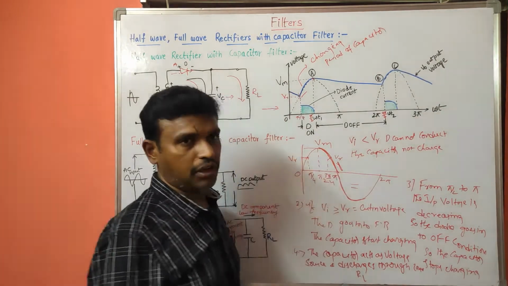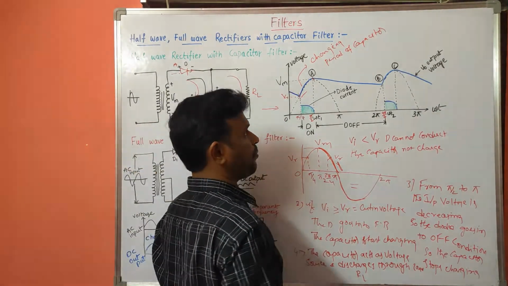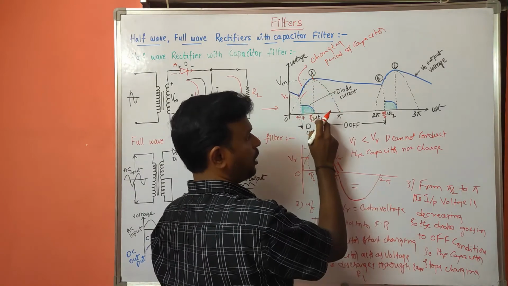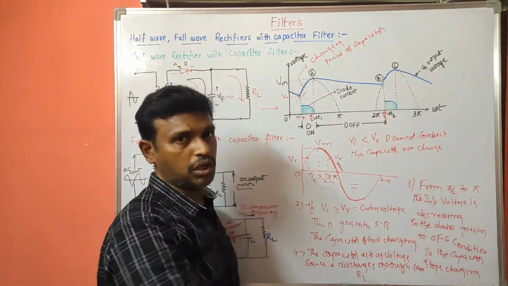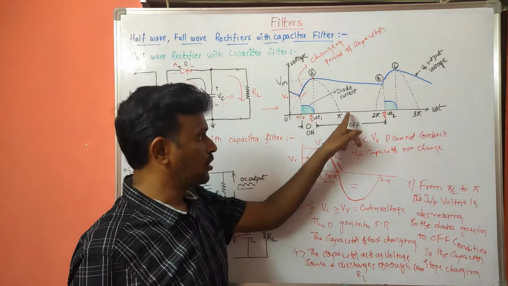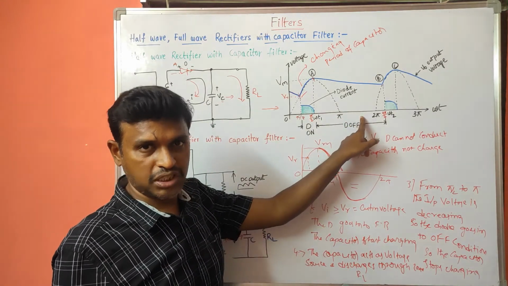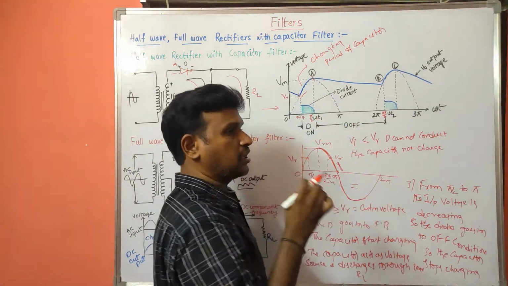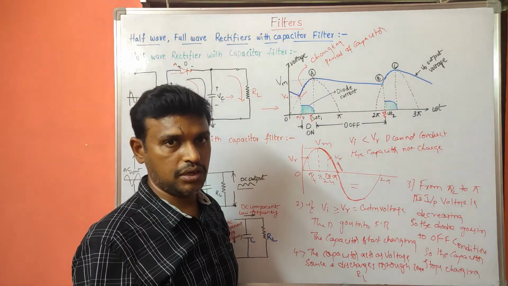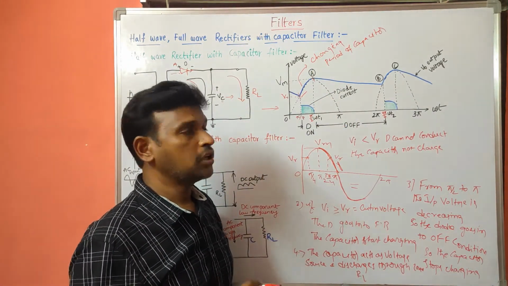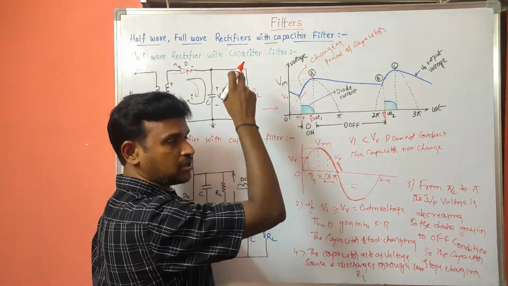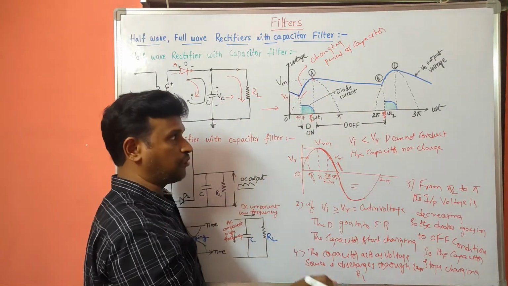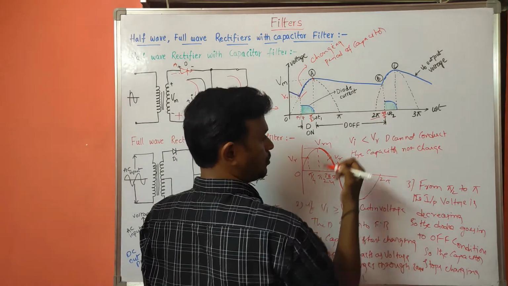Okay, charging period of capacitor. And now what happened here? After this point pi by 2, the capacitor gradually goes into the reverse bias condition, and here there is no voltage present in the output of the rectifier. So it is completely in the reverse bias condition at that point. Therefore, after reaching this point, the capacitor starts discharging and it will discharge up to 2 pi.